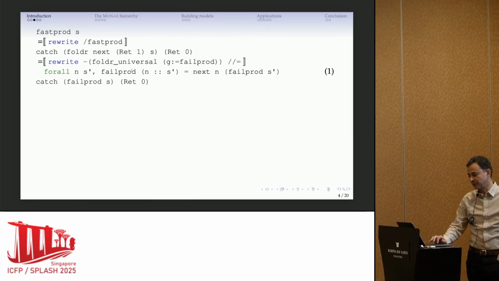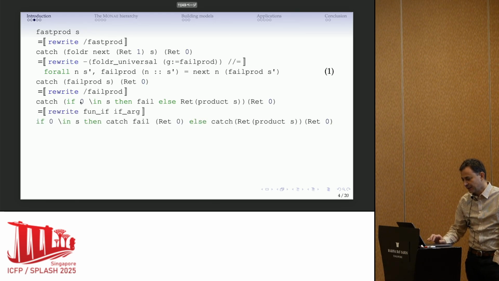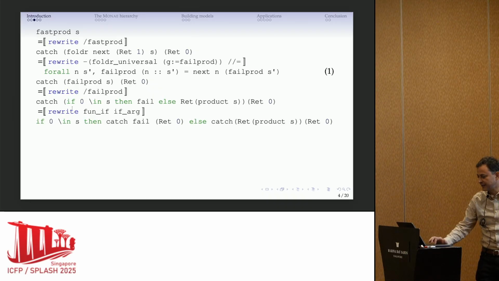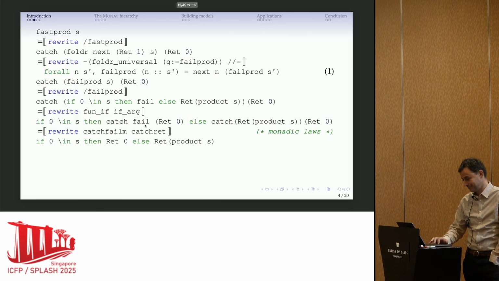So I've replaced this by prod, going on with the proof, again expand prod. Then I can just do rewriting to extract the conditional. Leave the conditional out. Then I have things that are basically computations inside the monad: catch of fail and catch of ret, but those are monadic laws exactly. So I can just rewrite,